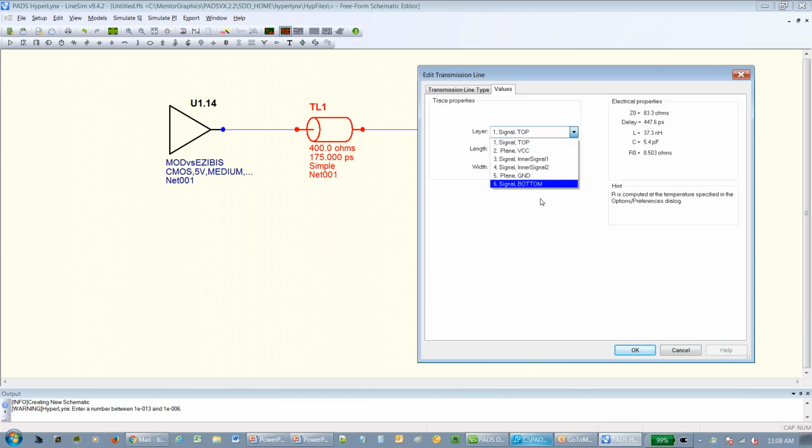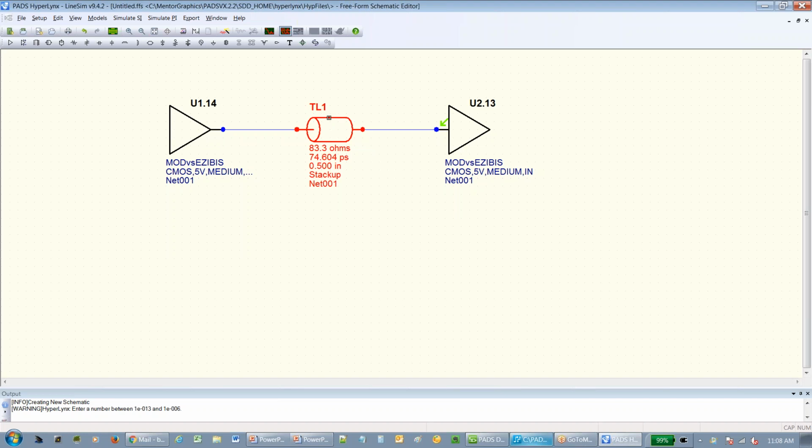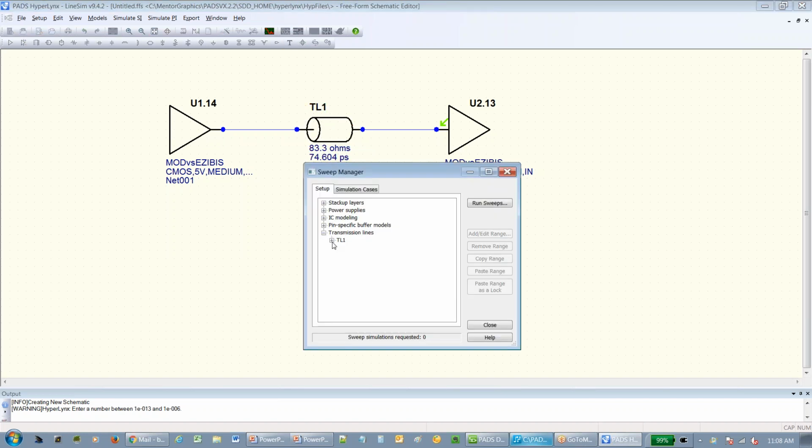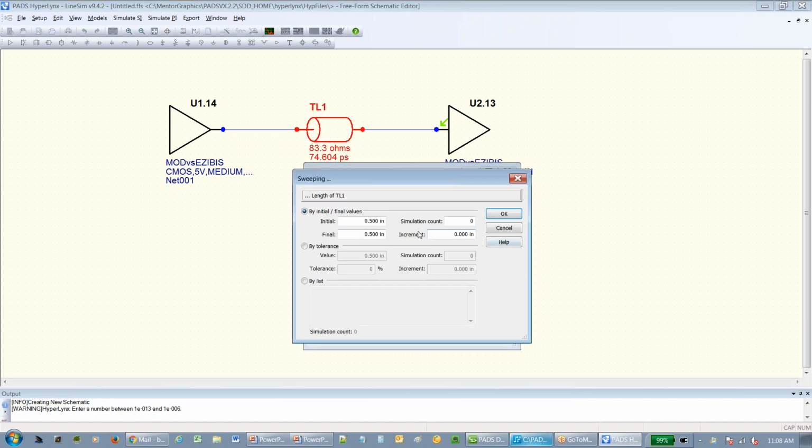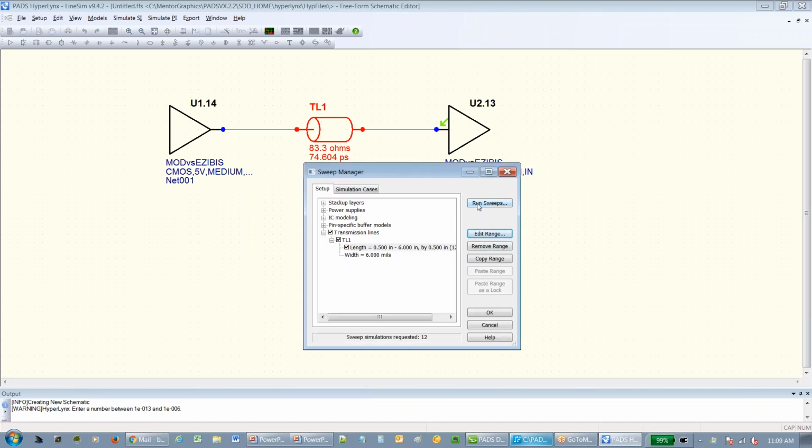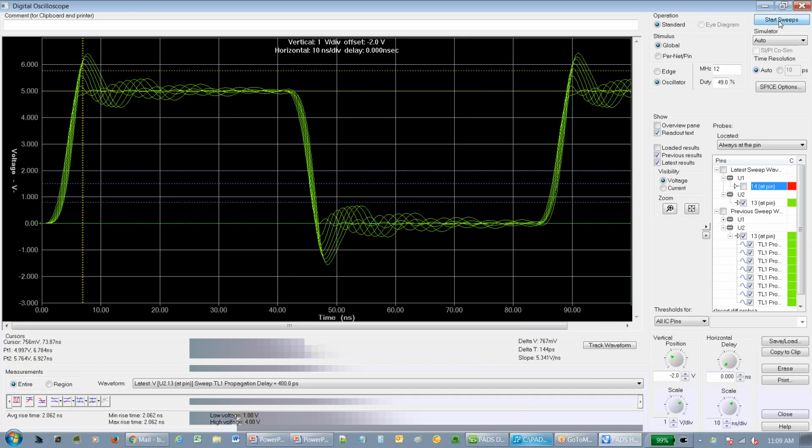But just by going to a plane structured board, let's go to the stack-up. I'll start with a 1/2 inch, 6 mil trace here. You'll see the impedance has dropped dramatically. It's 83 ohms at this point. Okay, click OK. Now I can go back into sweep mode here and play around with the transmission lines again. I can go from 1/2 inch to 6 inches, and let's go in 1/2 inch increments and see what happens to the trace at this point. So run sweeps,